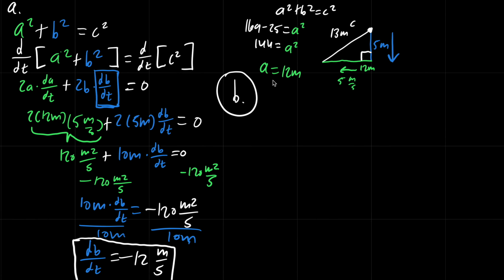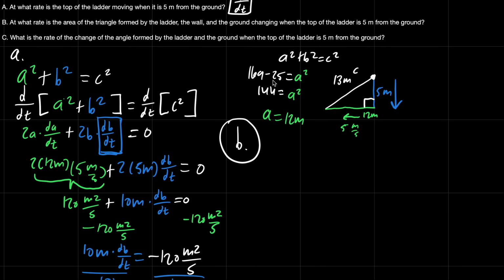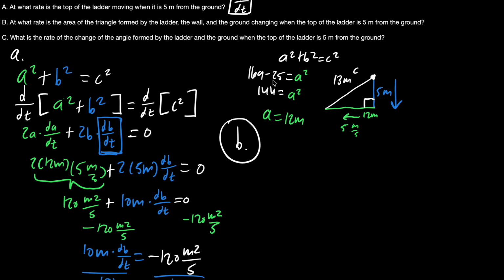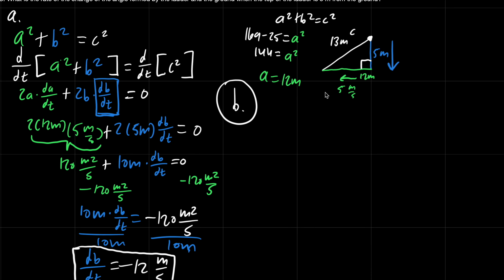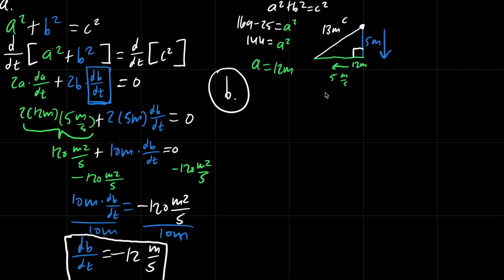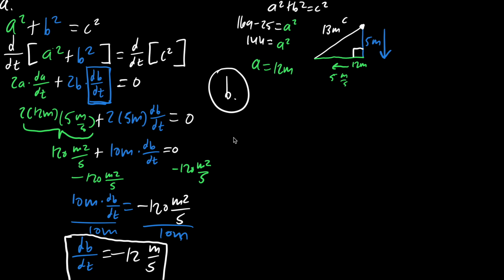Okay. Part B is asking for the rate of change of the area of the triangle formed by the ladder, the wall, and the ground when the top of the ladder is 5 meters from the ground. So first off, let's start with an equation that will represent this situation. It's asking for the rate of change of the area, so it's probably a good idea to do the area formula. The area of a triangle is 1/2